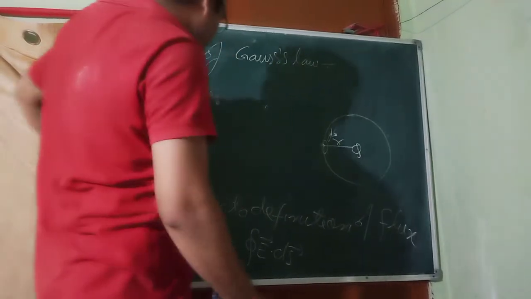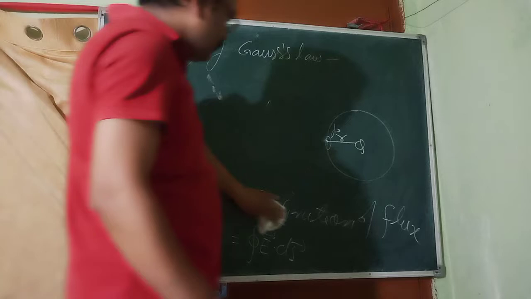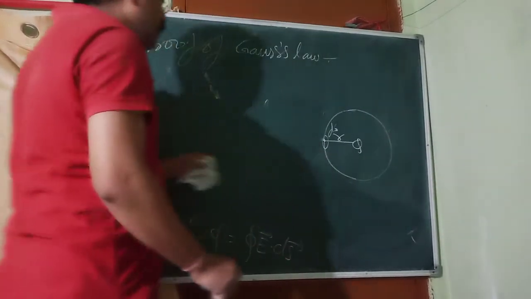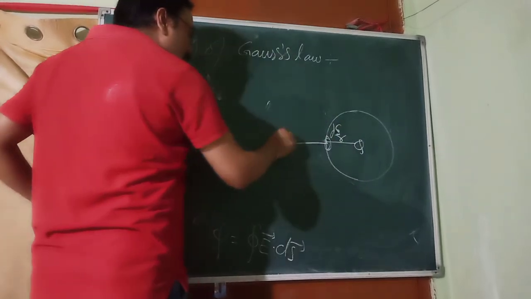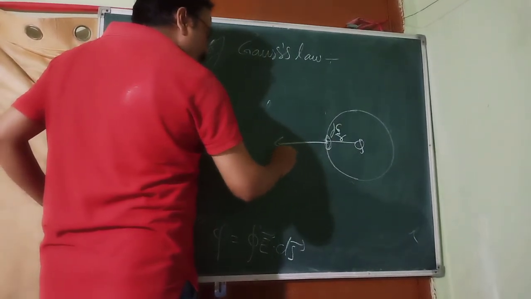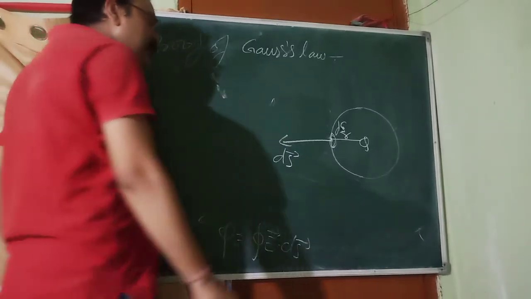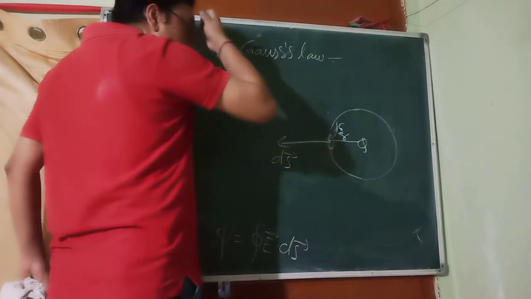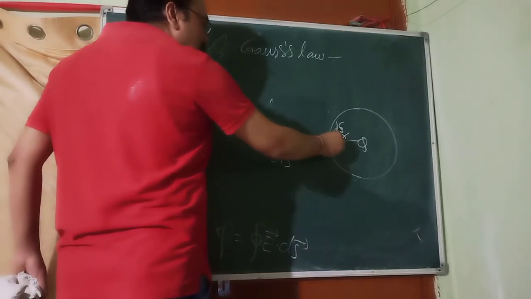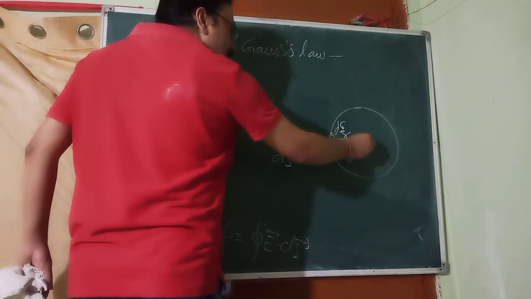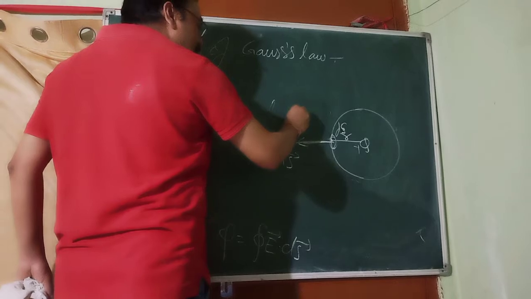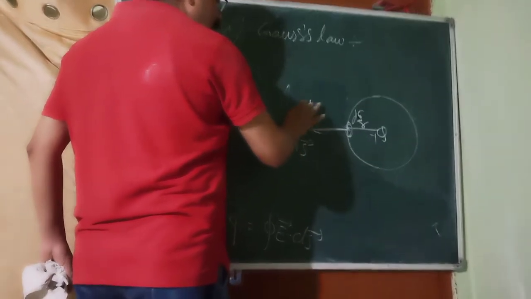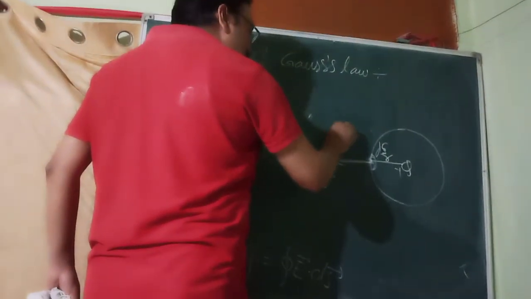Equation 1 you have already written. Okay. Now, if we take a small area ds over here, then ds will have direction perpendicularly outward, as we have discussed earlier. Now, what will happen? The direction of the electric field due to this positive charge will be along this only. So we can write here the electric field, E.